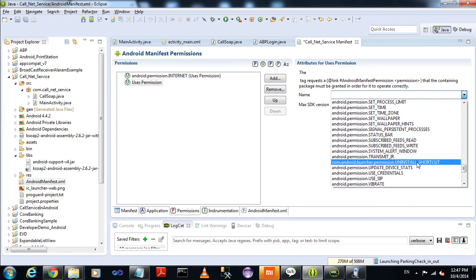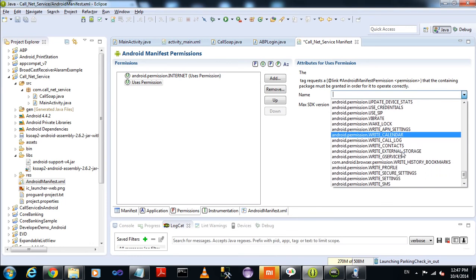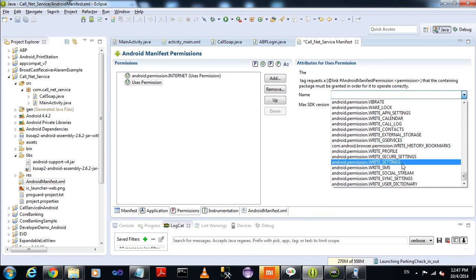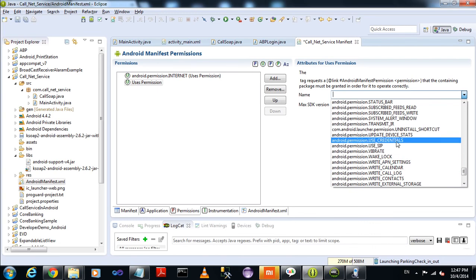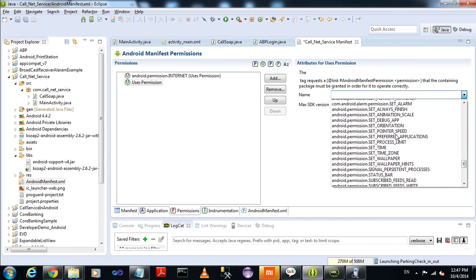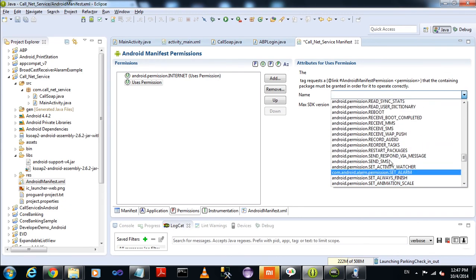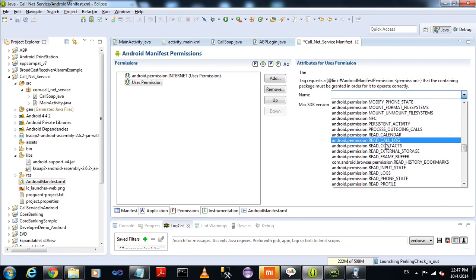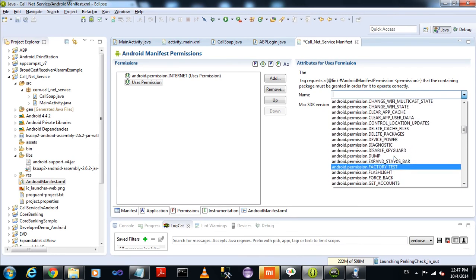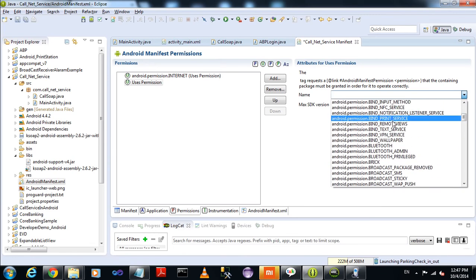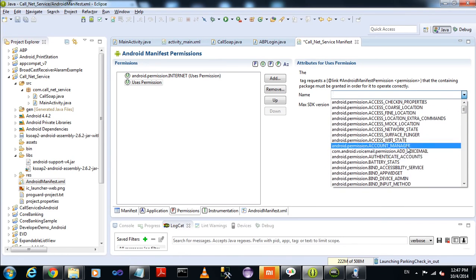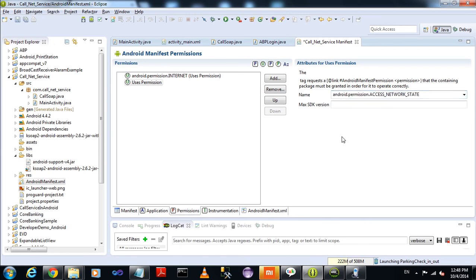Okay, ACCESS_NETWORK_STATE. Now save and close the manifest file.